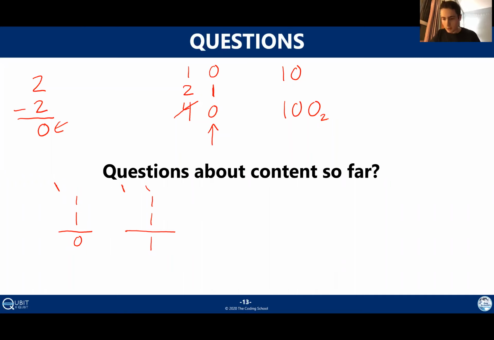Okay, I'll take one more question here so we can shut off the chat. In binary addition, if you had a sum of larger than 3, how would you carry? The answer is you should never get a sum larger than 3. So for example, in this column right here, this is pretty much the worst case you can ever get. If you have 2 1s plus a carry, that's the highest you can go. There's no other place where you could get more 1s in this sum.